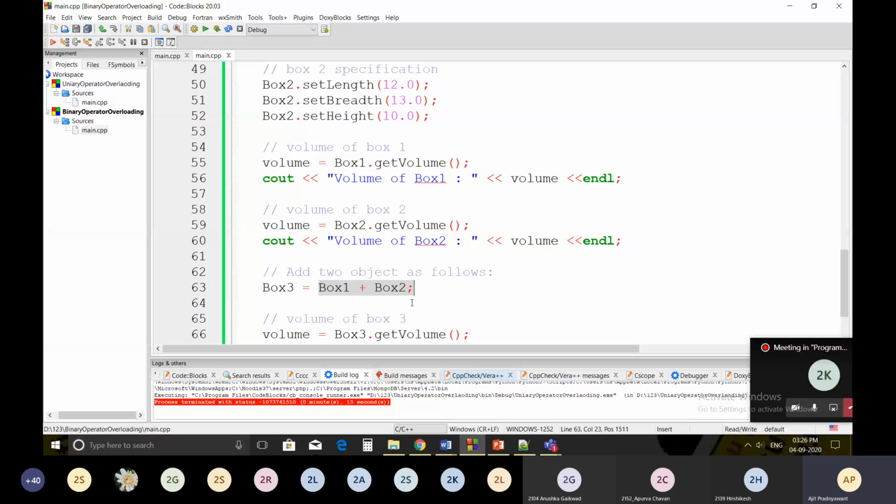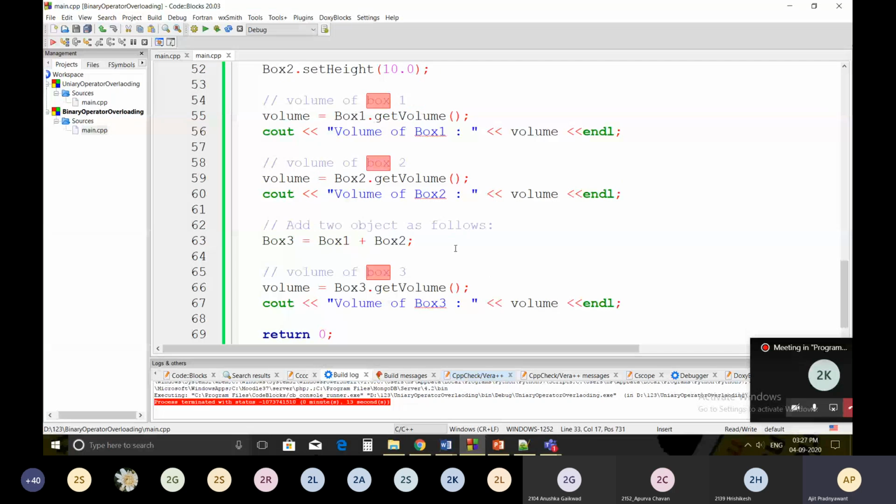So in this, Box1 and Box2 will be passed over here, it will do the addition, it will be stored in the box variable and returned, and that returned Box object will be initialized to Box3. And then you can calculate volume is equal to Box3.getVolume. You will get the volume of Box3, and it will be printed over here.